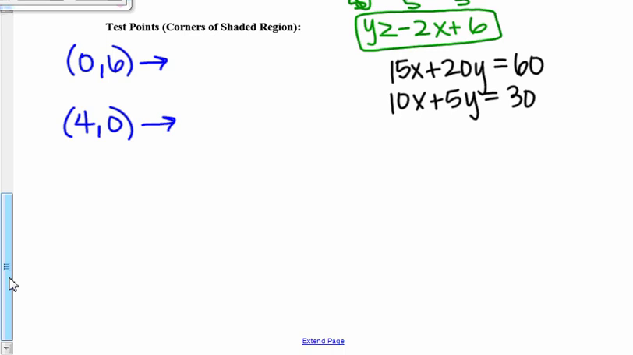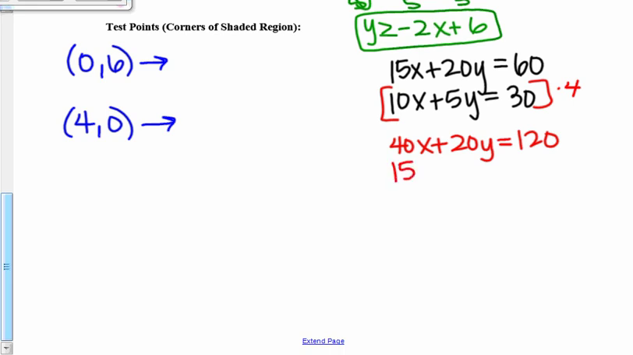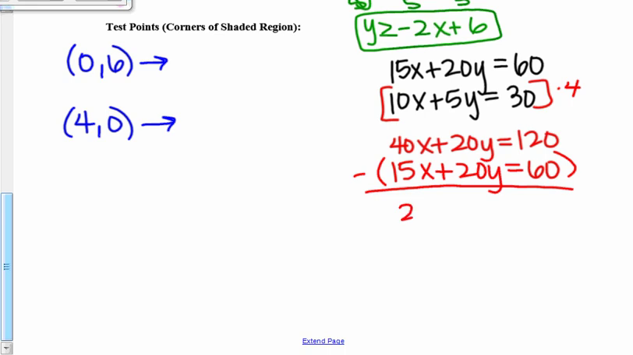All right, so I think the easiest thing would be to multiply that second equation by 4. So I would get 40x plus 20y is equal to 120. And then I still have that top one, 15x plus 20y is equal to 60. And all I'm going to do is subtract those 2 equations. So 40x minus 15x gets me 25x. Those cancel, is equal to 60. When I divide 60 by 25,